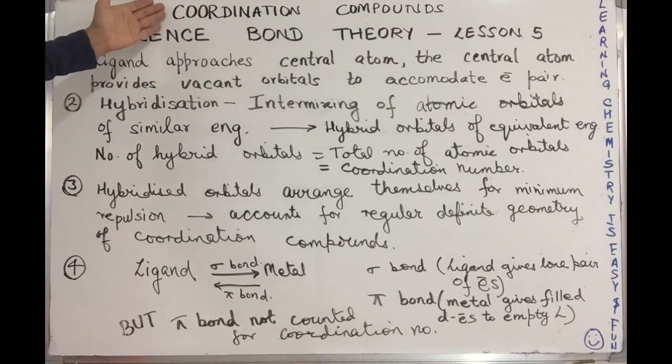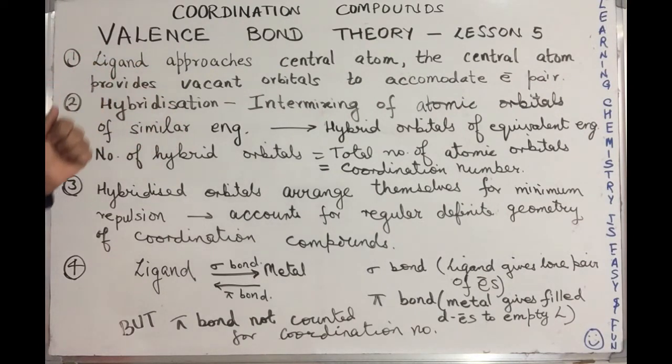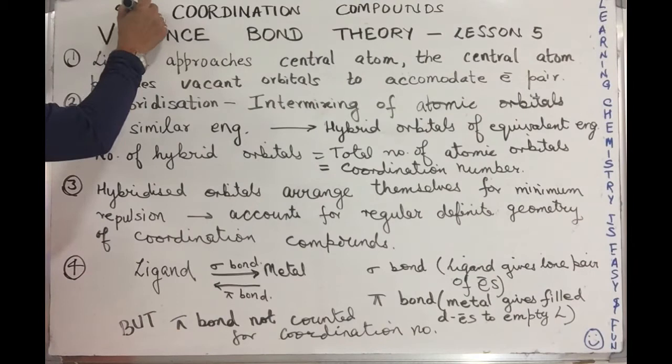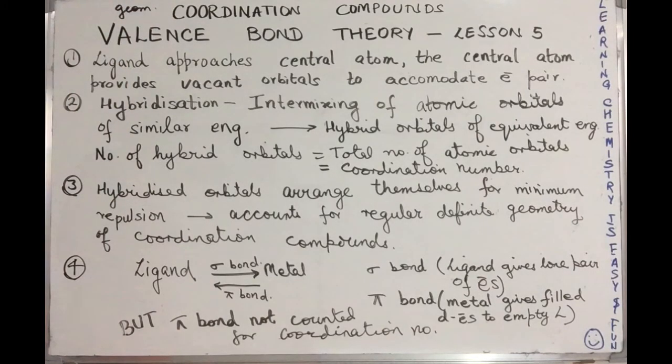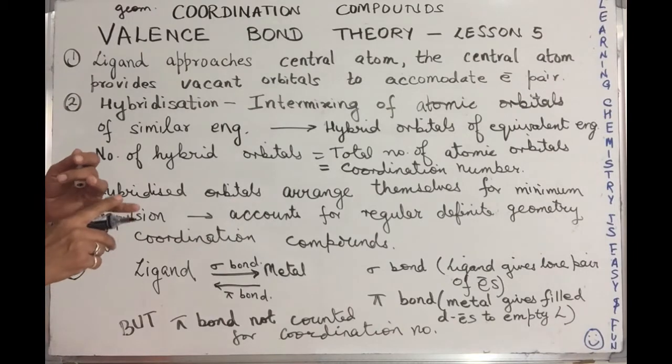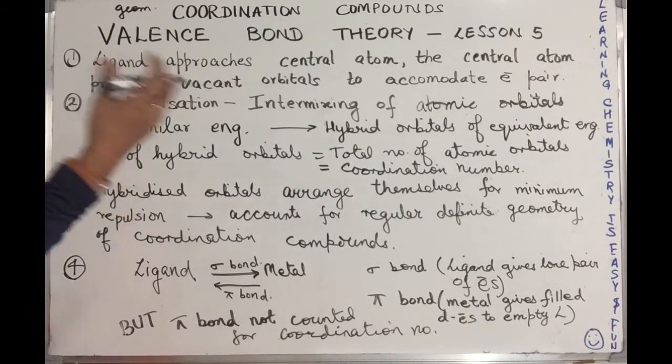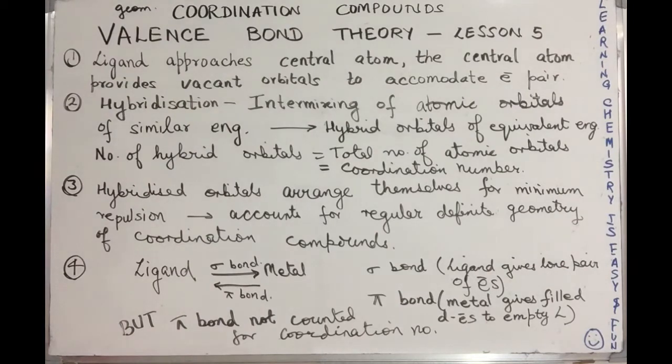Lesson 5, Coordination Compounds. Our topic this time is valence bond theory. At the beginning of the lesson we had discussed Werner's theory to explain the existence of coordination compounds, right? And it talked about primary valency, secondary valency, but if you noticed, it did not mention anything about the geometry, about the shape of the coordination compound, right? It never mentioned anything about the color of the coordination compound, what color a coordination compound will have and why,